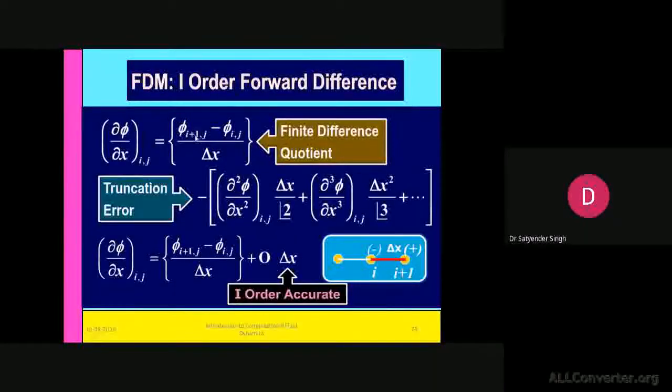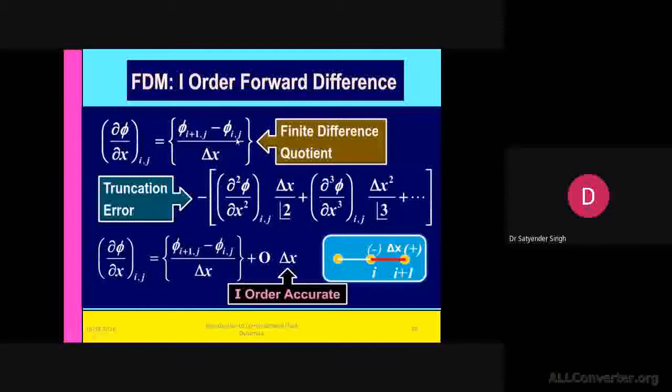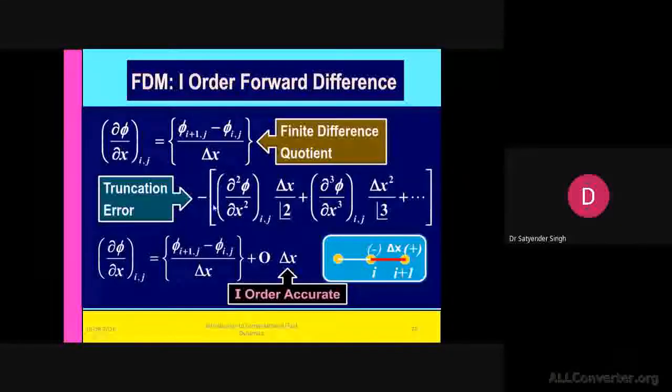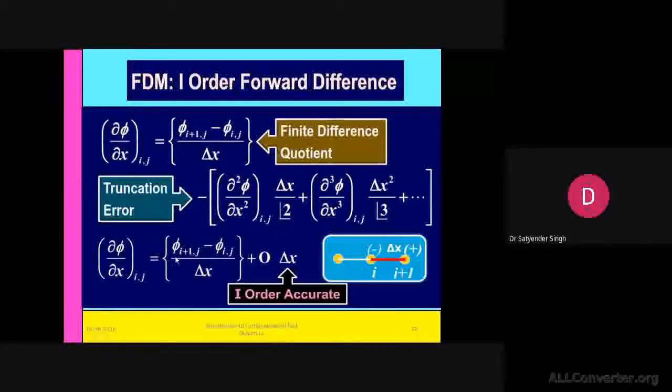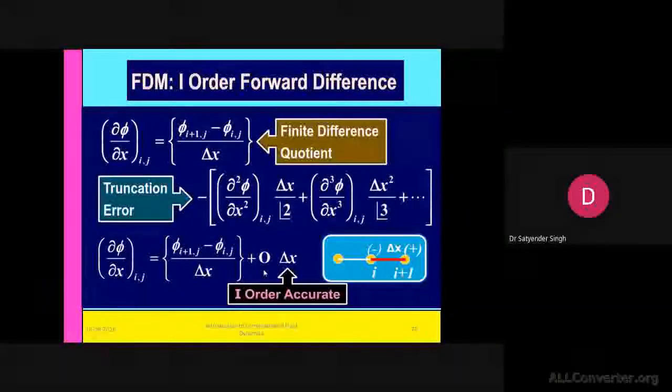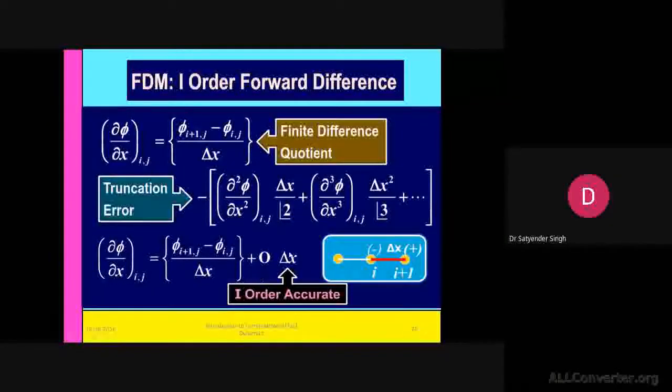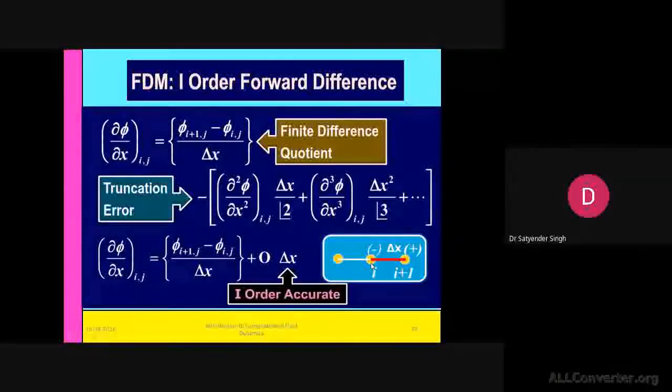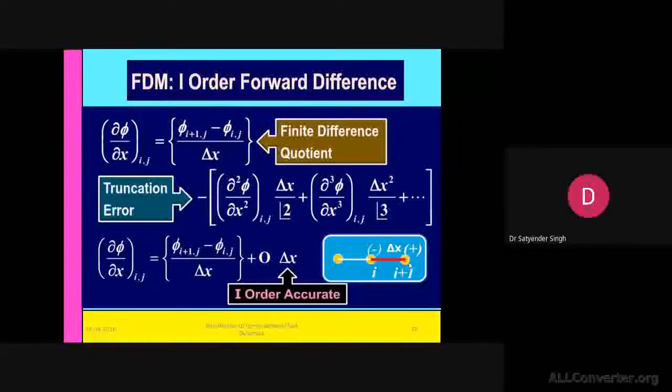So that will be for i plus 1, j, by taking the value of the initial cell center. The remaining terms are generally known here as the function error, so error will be added into that particular solution. And this representation of the differential equation in discretized form means that if this is the i, then the forward difference method will take you from this i to the next i level.